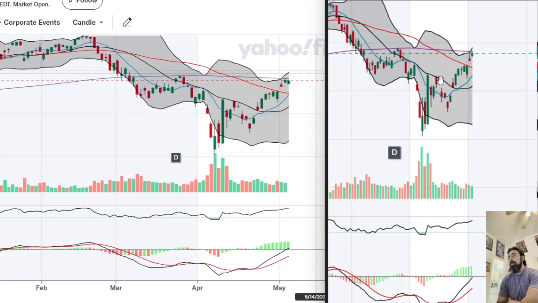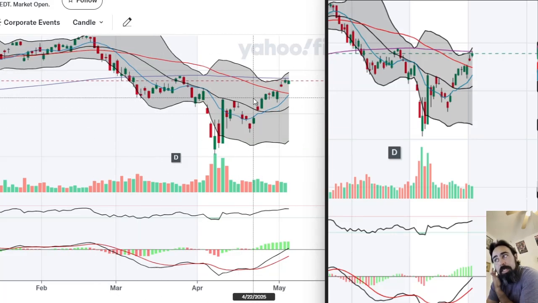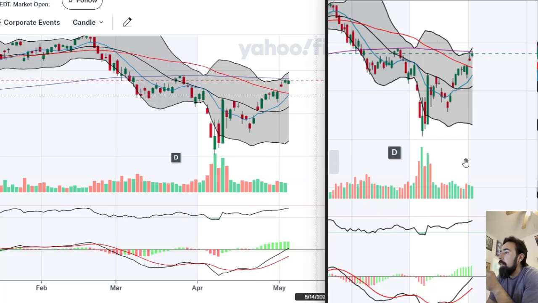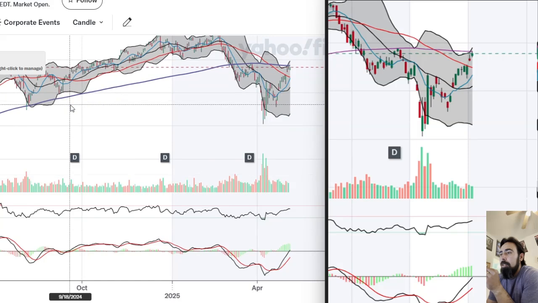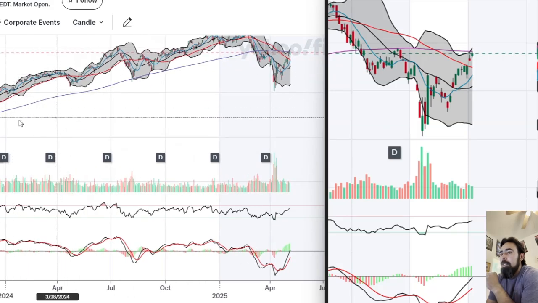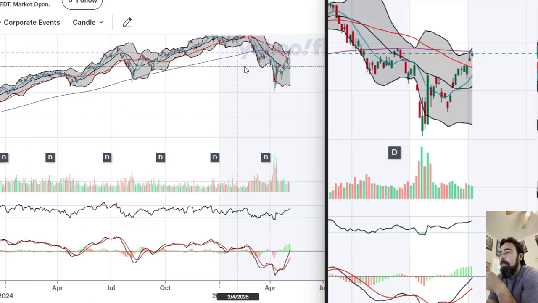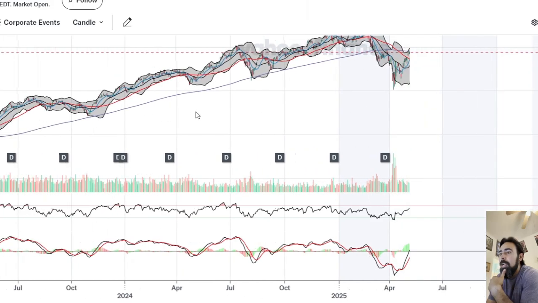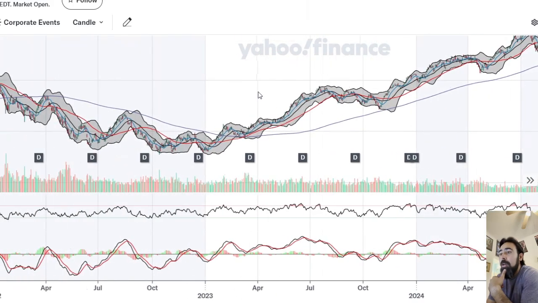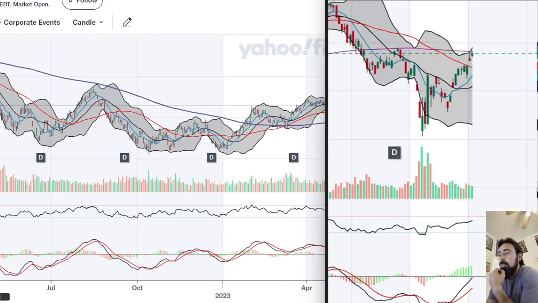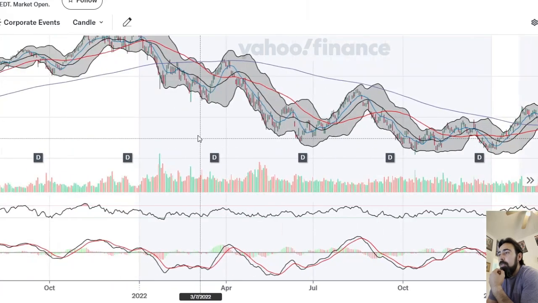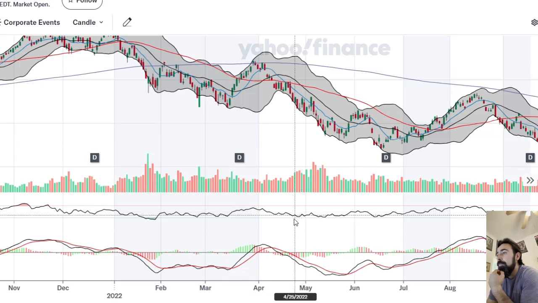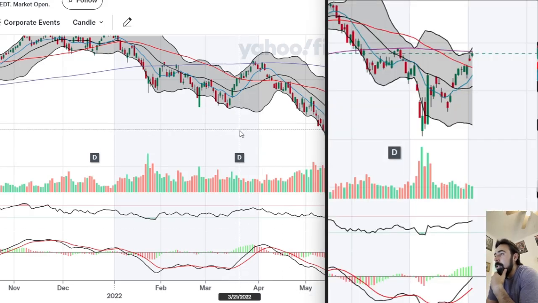So, well, I guess before I get into that, let's go ahead and compare. When has the chart looked like this in the past? So what I'm going to do is leave this screenshot up, but zoom out here and go back in time. What I'm first looking for is when the price went under the 200 moving average on the daily. We've got one here, so let's take a look. I think I've got to get real close before I open up the screenshot again. All right, here we go.